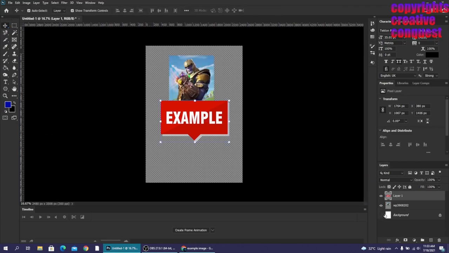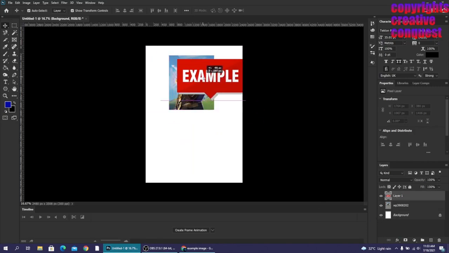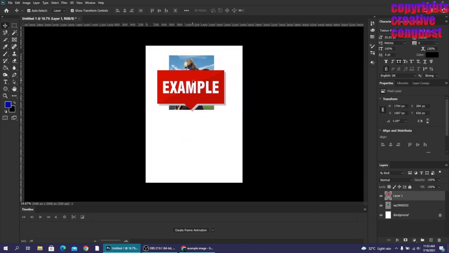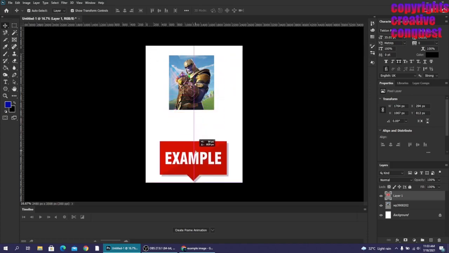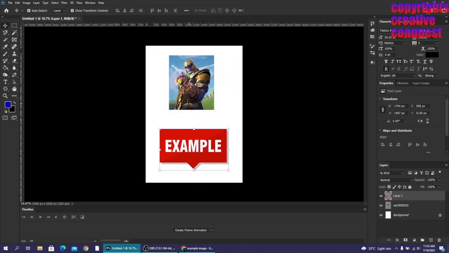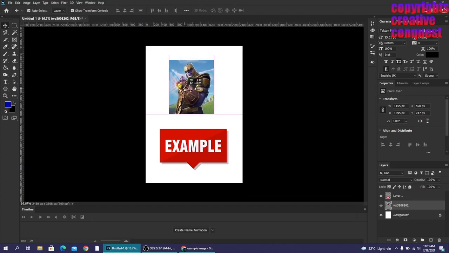Now you will see that the background is removed, no white background. This is an easy way to remove background. So this was the easiest way of removing background.